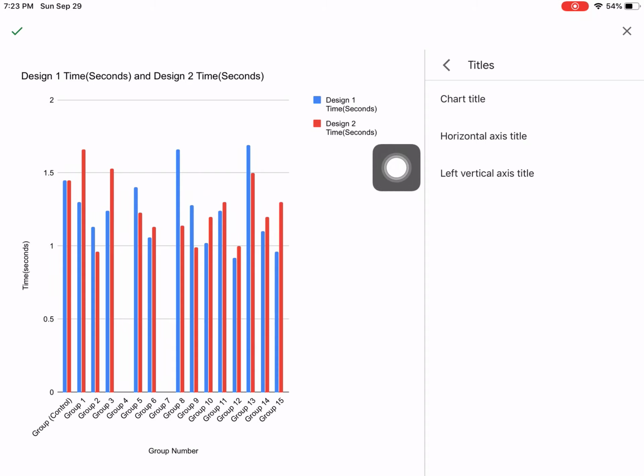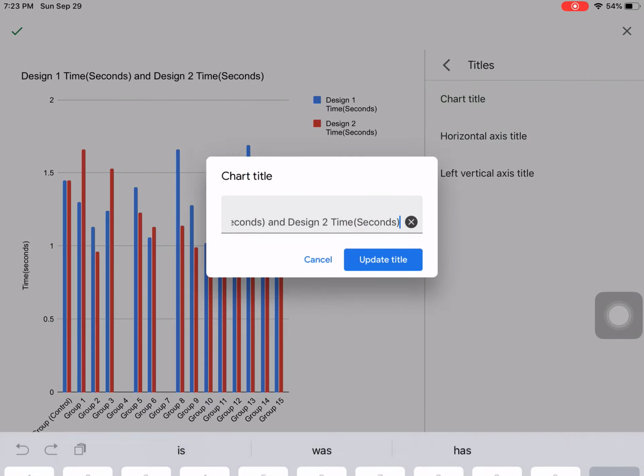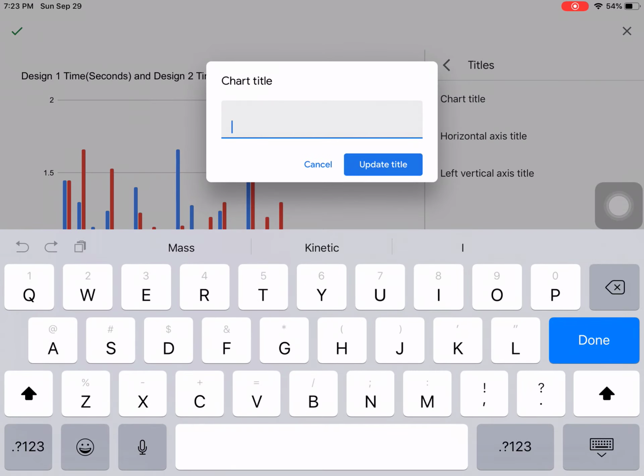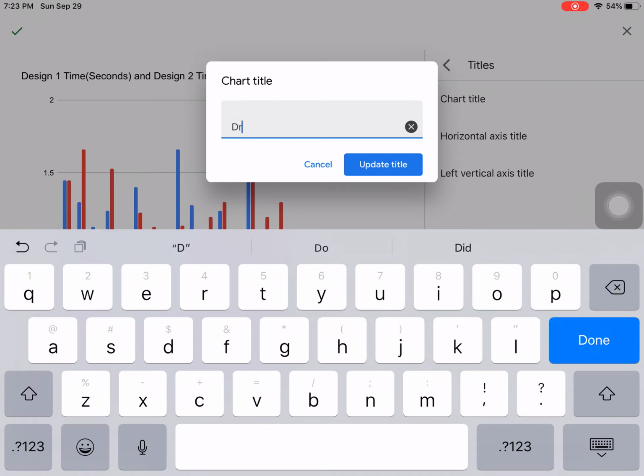We have a legend over here. The legend I don't think needs to be changed. That's a pretty good legend. But we are going to want to change the chart title. It just gives you a standard chart title, design 1 time in seconds and design 2 time in seconds. So we're going to want to change that, and we're going to want to give it some relevant title that not only talks about the lab that we did, but also the type of data that we collected. So we're going to change it to Dragster